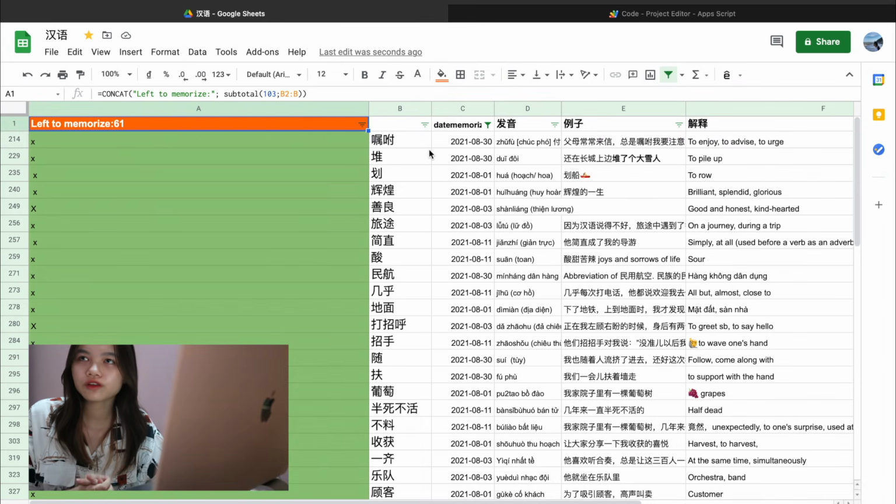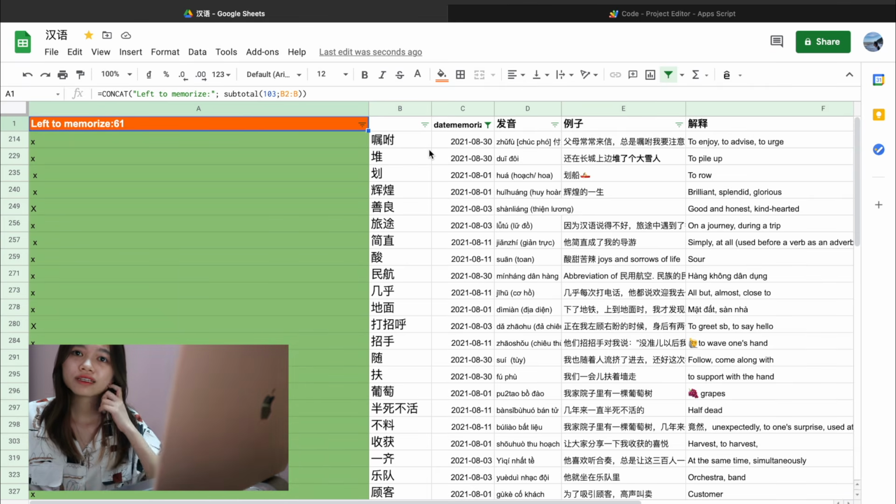It also helped me learn with spaced repetition in mind, because you may have memorized this word today, but you will easily forget it after 1 month or 2 months. So I set a goal for myself that at the end of each month, I will look back at the words I have memorized the month before. So let's say today is the 31st day of August, then I will need to review the words I have already memorized in July.